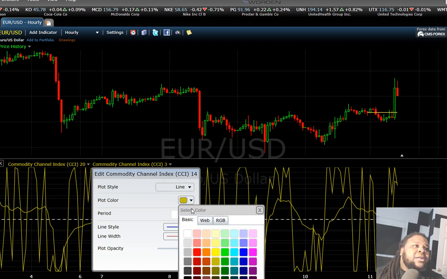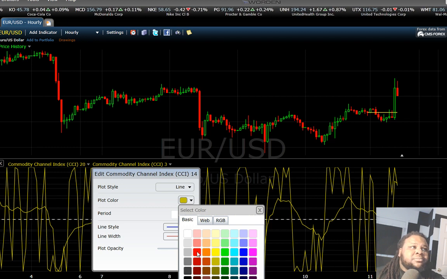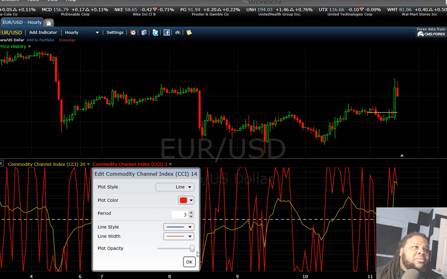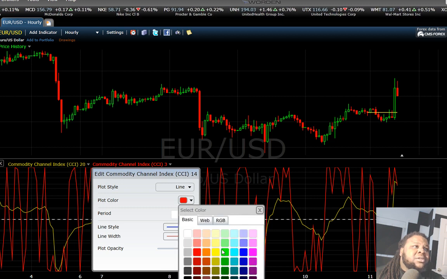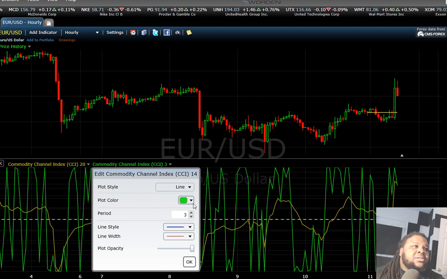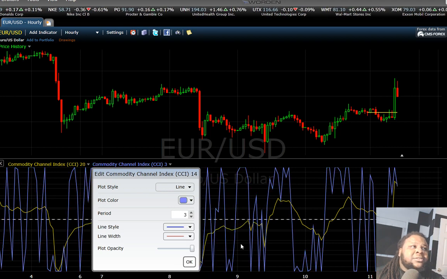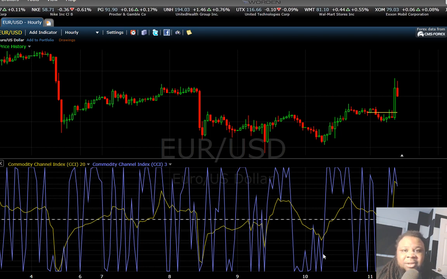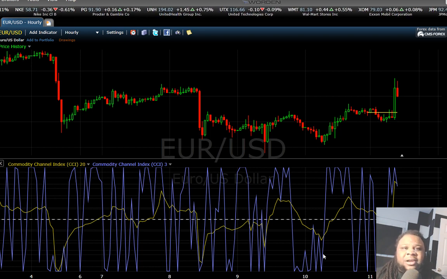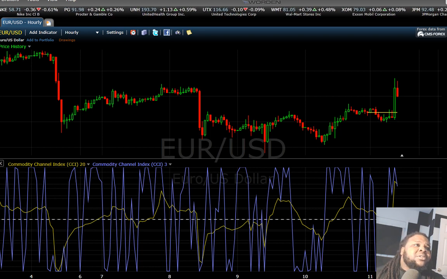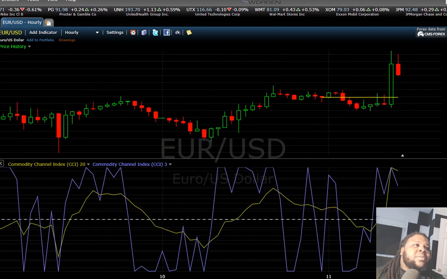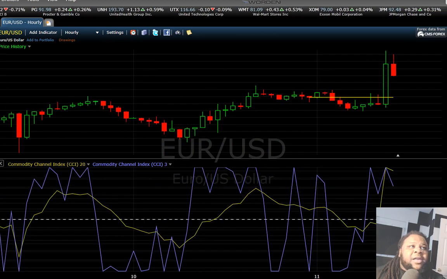And we're going to have it as a line. And we're going to change the line to, let's say, red. That looks very confusing. I want something that'll be kind of light on the eyes. All right. So I know you guys are seeing a whole bunch going on right now. Please bear with me. Show me some patience. All right. So let's stress this out. If you guys notice,